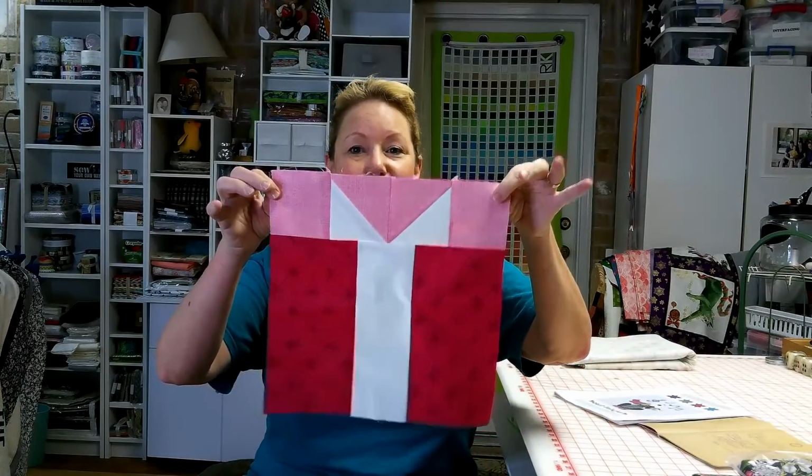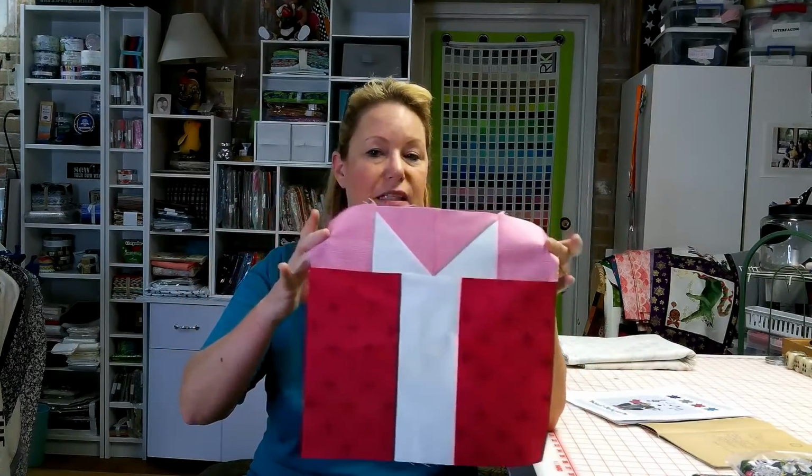I submitted this block, and it's very, very simple. It's a Christmas gift block. But you know what, guys? I did a foul. I misread the directions, and I said I made the block finish cut to 12, which would have finished at 11 and a half, instead of cutting it to 12 and a half and having it finished to 12. So about halfway through the day yesterday, I got an email from the lady at Moda, and